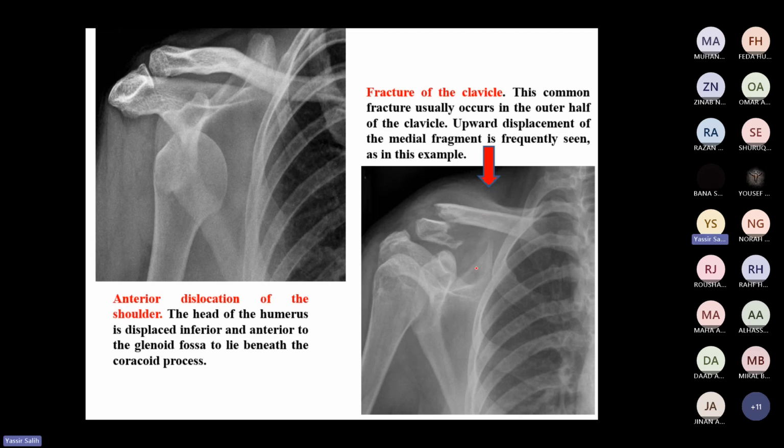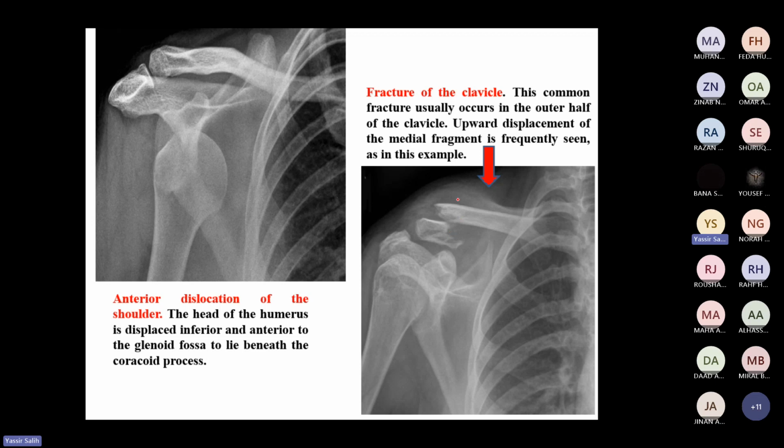Okay, this is the distal fragment and this is the medial fragment, and the lateral fragment. Are these fragments in their place or displaced? Displaced. Displacement happened here. This medial part is displaced superiorly. It should have been in place, both in their normal side, but this one has been displaced